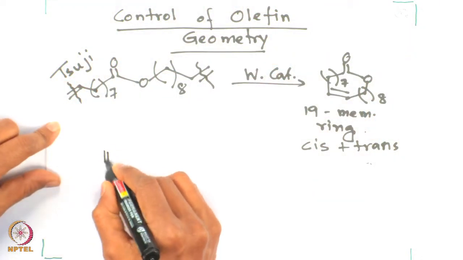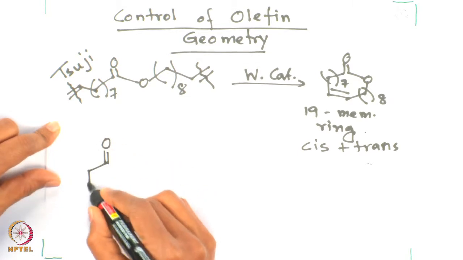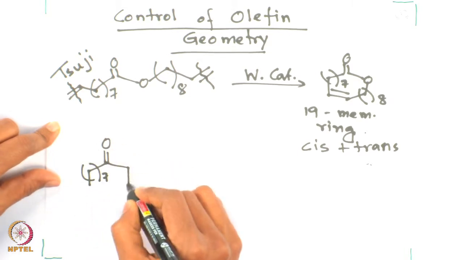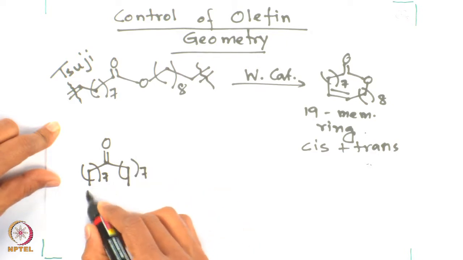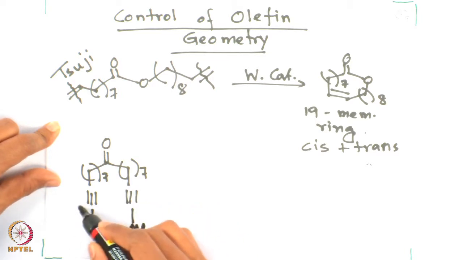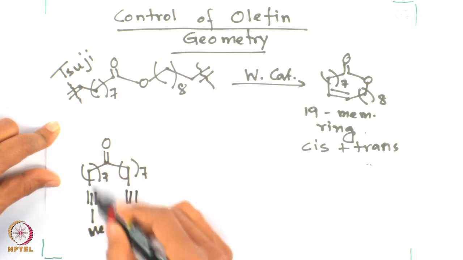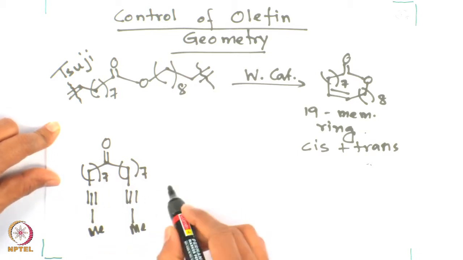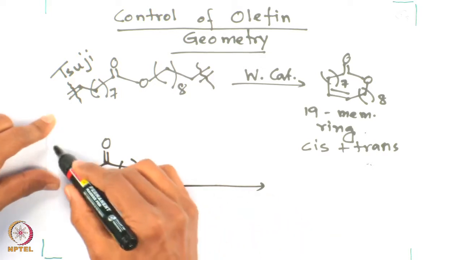Let us look at these alkyne ring closing metathesis reactions and how to control the geometry in those cases. The example which we will discuss first is by Alois Fürstner. So, this is a terminal alkyne, not in the truest sense, but there is an alkyl group on both sides of the alkyne. Now, what Fürstner has done,